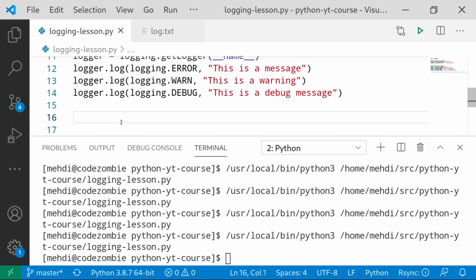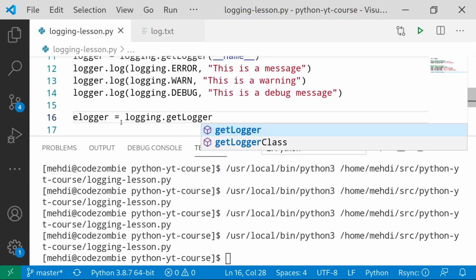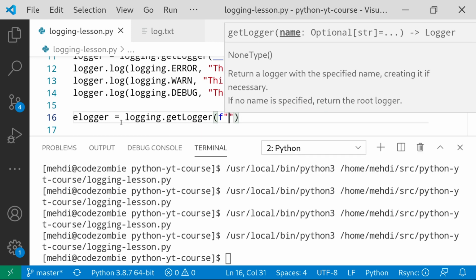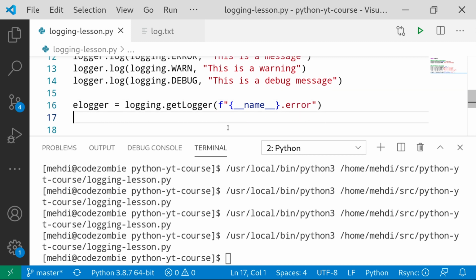So for example, if I want to create an error logger called elogger, I can say logging.getLogger, and this time, in addition to the name of the module, I also specify another component like error dot error, and I do the same for other types of loggers as well, like info loggers with ilogger,